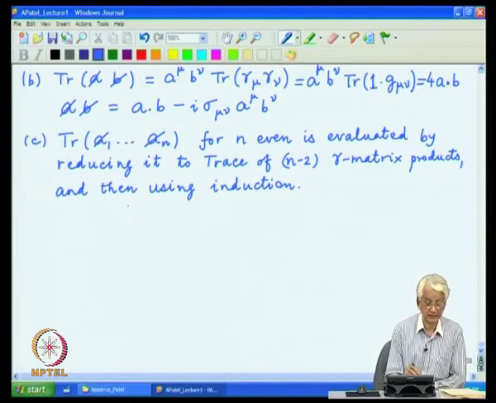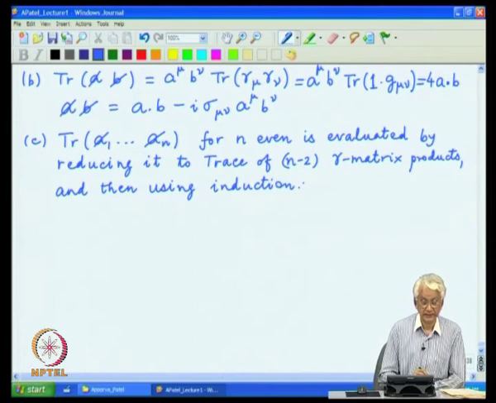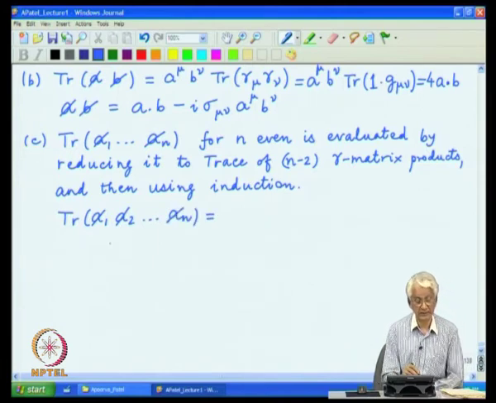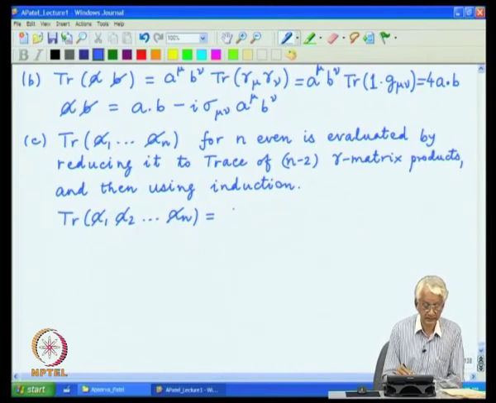So, let us generically work out this induction step. The first point is to just interchange these two objects and see what arises. One can now write trace of A1 slash A2 slash to AN slash, and the Clifford algebra can now give the result of what happens when you permute this A1